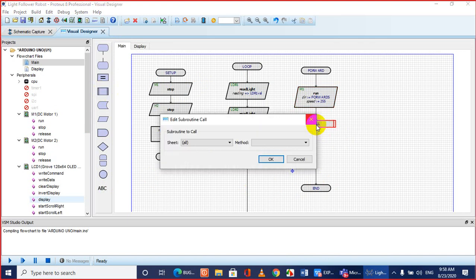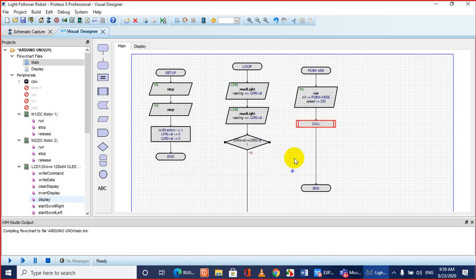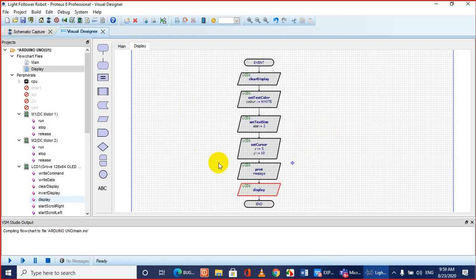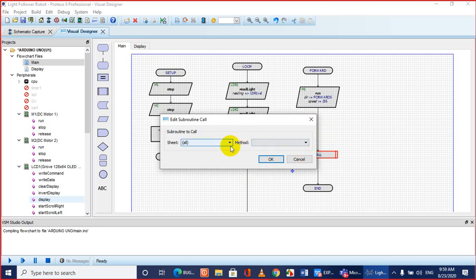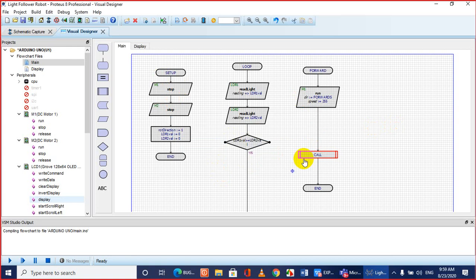Call the function subroutine and pick up the... Let me see why it is not getting the function.